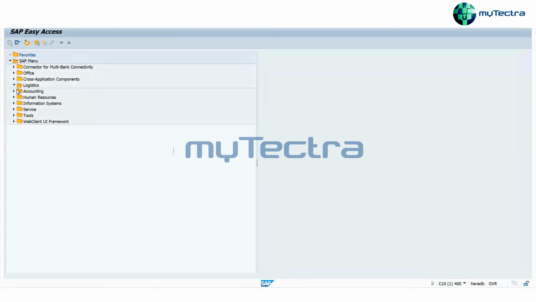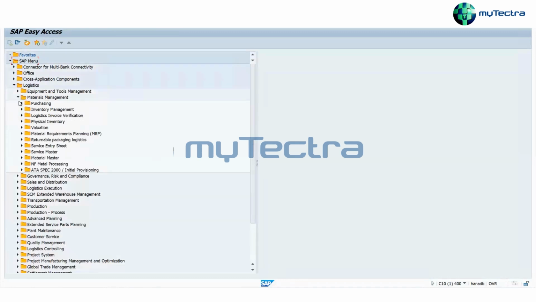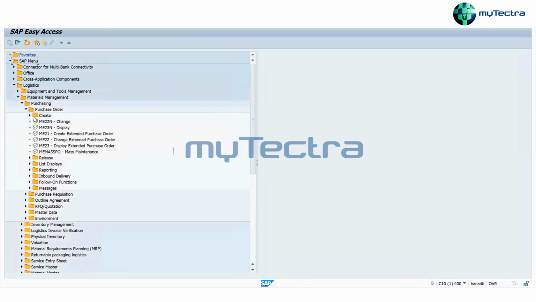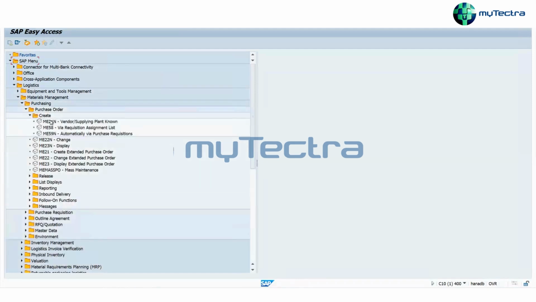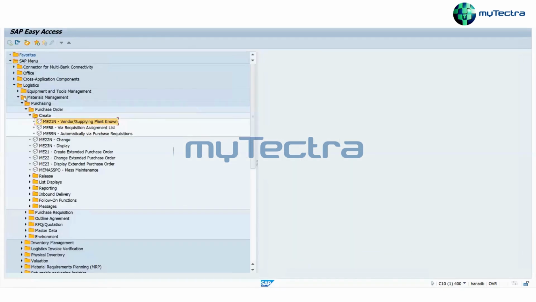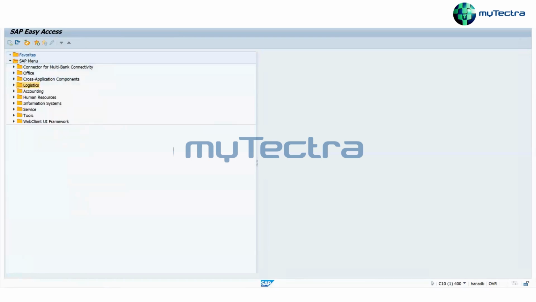What I will do, I will go to logistics, material management, purchasing, then purchase order, then ME21N. This will take me to the purchase order window, where I can generate the PO. The second way is I can directly open this window through the transaction code, that is ME21N.